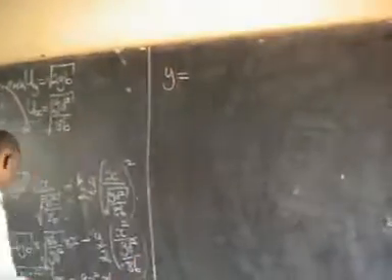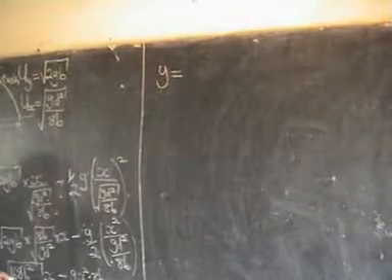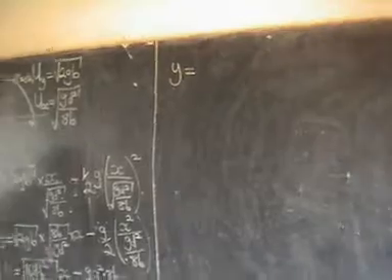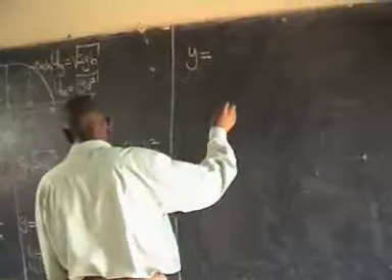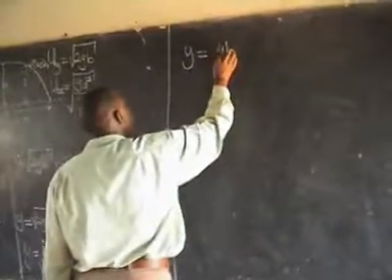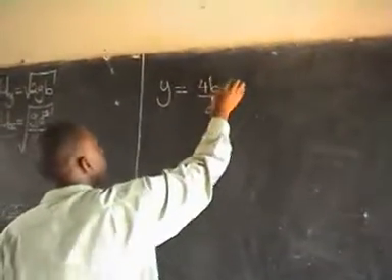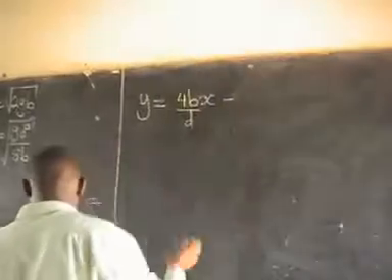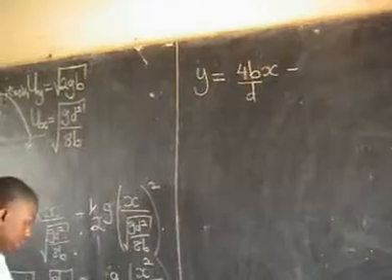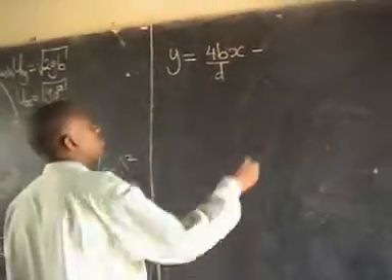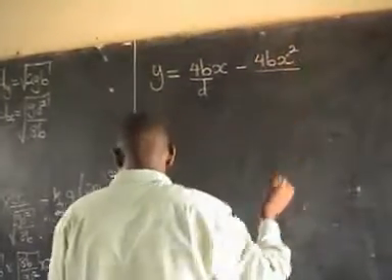This is equal to, so this g will cancel with that g, and you are getting 16b squared, which is now a perfect square. So when you remove the square root sign, you will get 4b divided by d, times x minus, so this g will cancel with that g by 2 to 1, 4bx squared, divided by